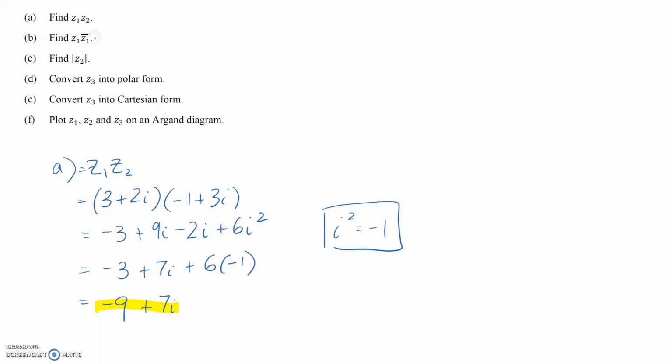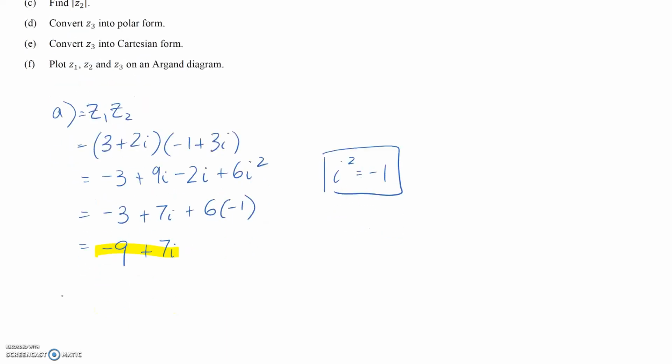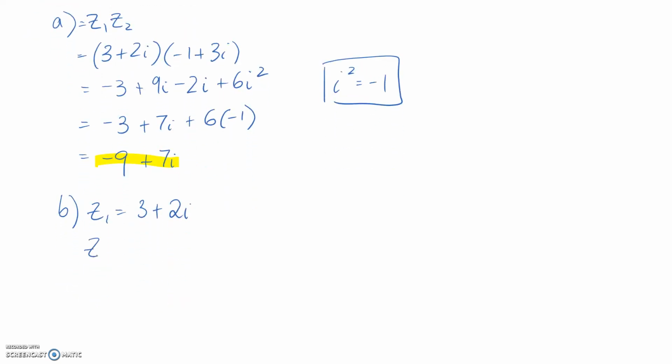Alright, so up next is B. We want Z1 multiplied by its conjugate, which is what the bar over the top means. So if we write out Z1, it was the 3 plus 2i. Its conjugate is when we flip over the sign on the imaginary part. So this would become 3 minus 2i. So what we want to do is multiply these together. So one way that we can do it is to just sub them in like before